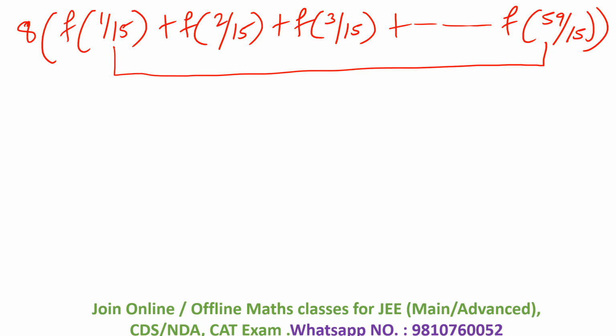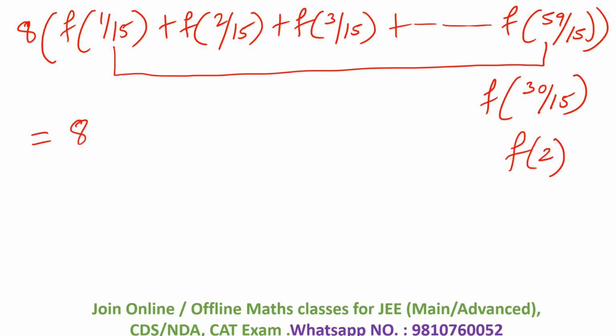Now, how many such pairs can be formed? Now, there are 59 terms. So obviously, we can form 29 such pairs. And the middlemost term will be left alone. So how to find the middlemost term? There are 59 terms. So (59 plus 1) divided upon 2. So that means the 30th term, or f(30 upon 15), would be left alone. So this is nothing but f(2). So the value of the expression can be written as 8 times, inside the bracket,